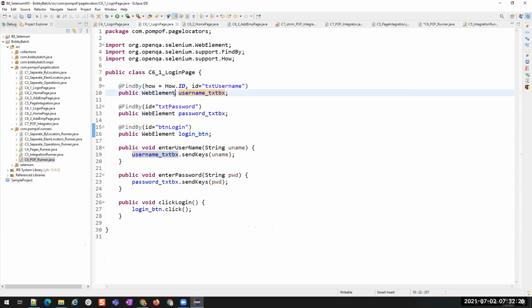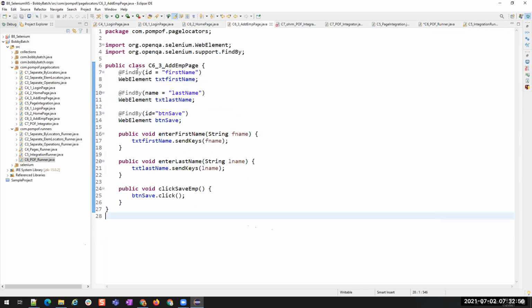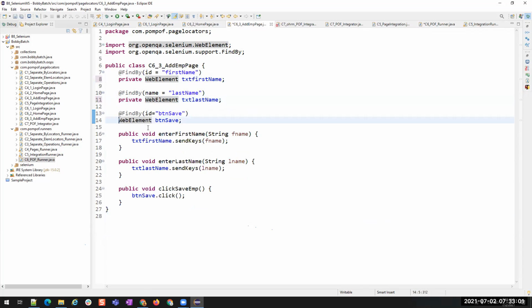Yeah, here it is. On the login page, we made the username text box, password text box, and login button public because there are chances that we might use them in other methods. But if you don't want to use them and don't want to see them and get confused, then just make them private so that these elements will not be shown to you in other classes. By default, it's private. Here also I can make it private so that these are specific to this class.